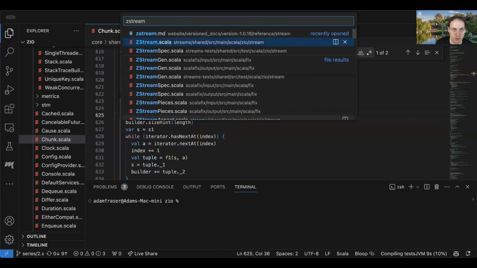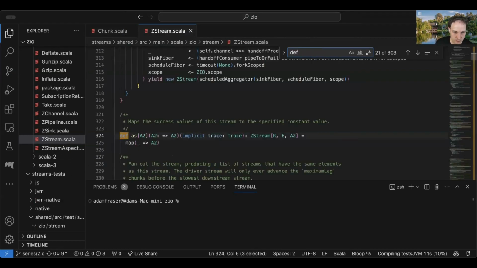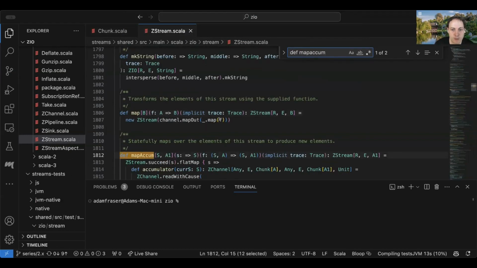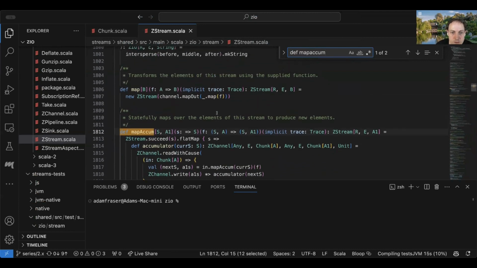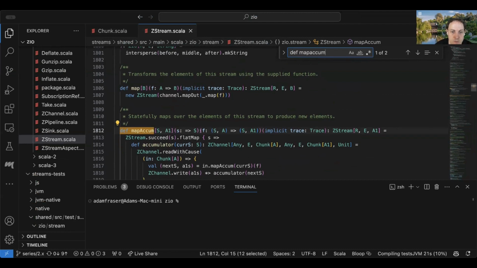Another thing we could look at along those lines is a similar operator on streams. I think a stream is another thing you could think of as an analogy for this. You have this stream transformation that takes in an initial state and an element of type A, and it's going to produce some output element.